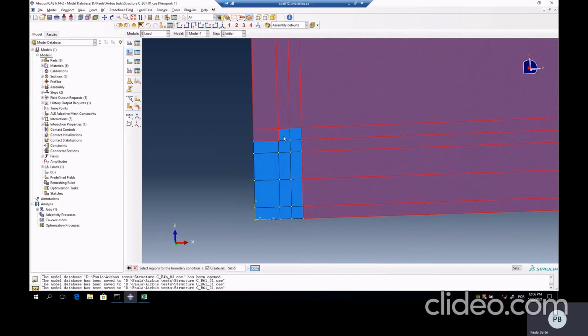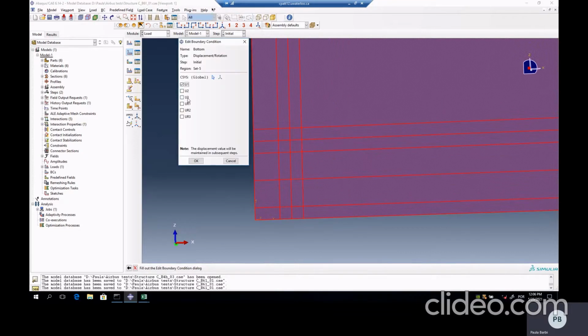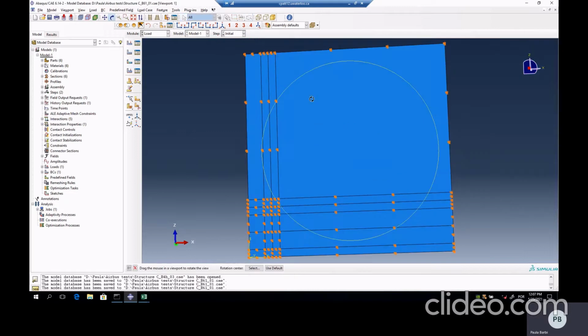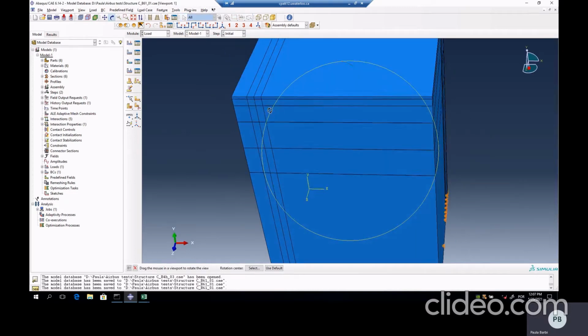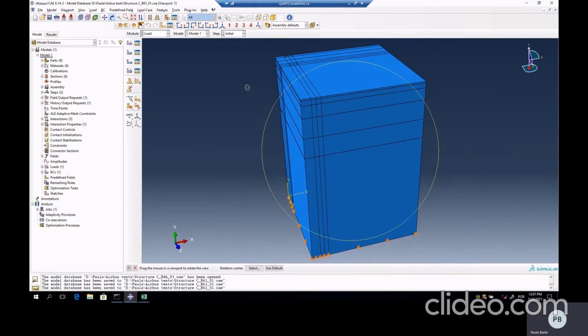Just watch out so you don't select anything you don't want. Okay, so here we want to constrain in X, Y, Z directions, just because that's the bottom of the structure and we don't want it to move in any direction. Okay, so now